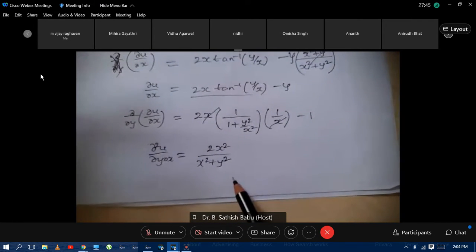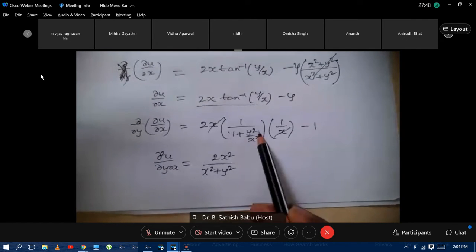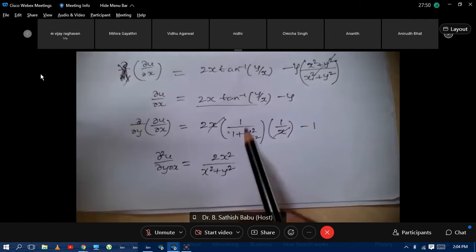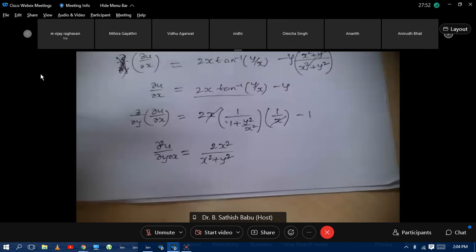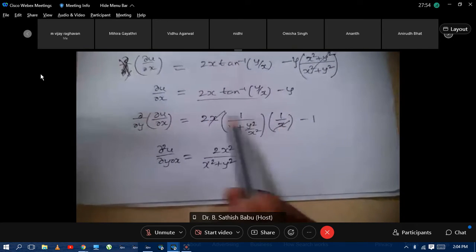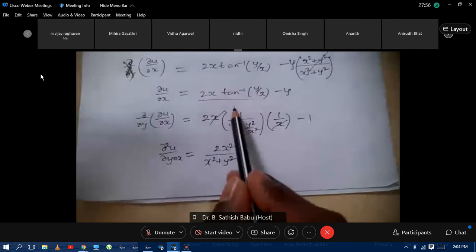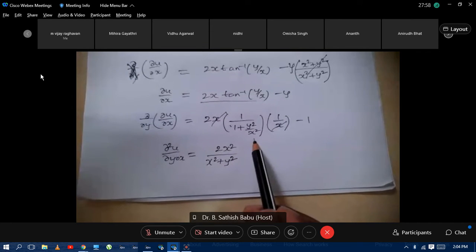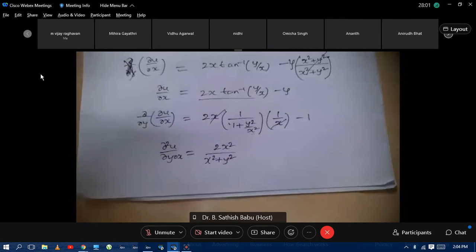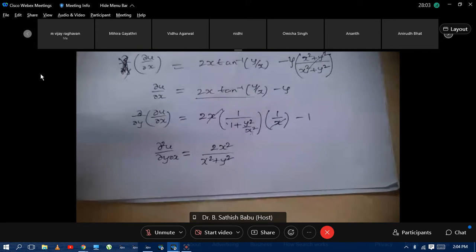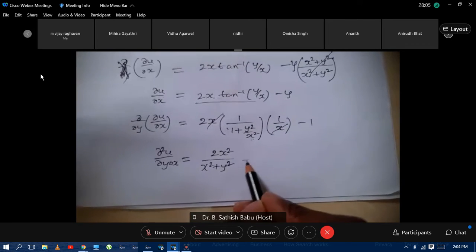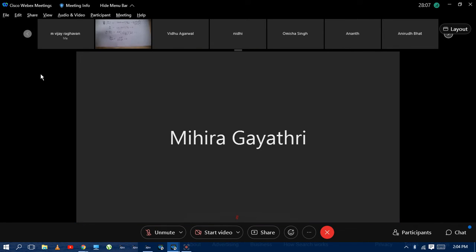I just avoided one step here. After taking LCM in the denominator and shifting the denominator of the denominator to the numerator, it becomes x square. It is not because of x and x that we have got x square. They get cancelled, but because of this denominator x square, we shifted that to the numerator. Is it fine? Yes, sir. Understood.